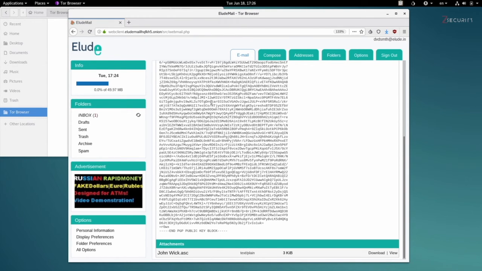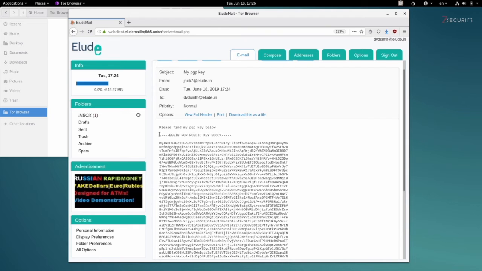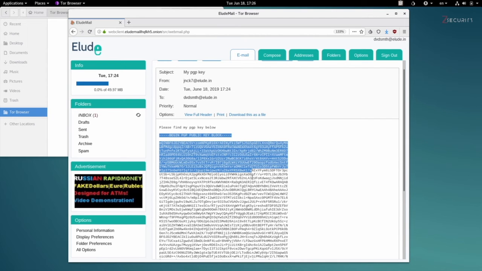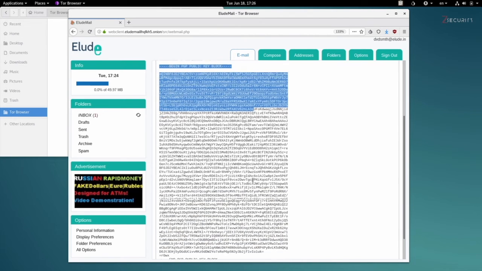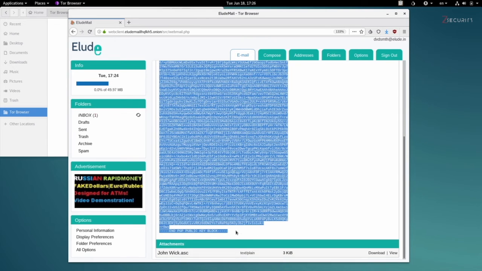Now I'm actually going to remove this because I also want to show you how to download the key if it was sent as plain text, if it was not sent as an attachment. So we're going to assume that you just got the key like this as text. So if you want to save a key that you got like this, for example, if you got it as an instant message, or if you saw it on a forum or on an account where the user was sharing their public key so that you can encrypt messages for them,